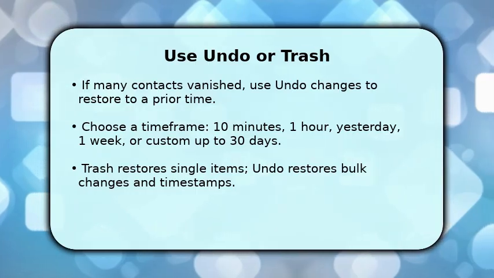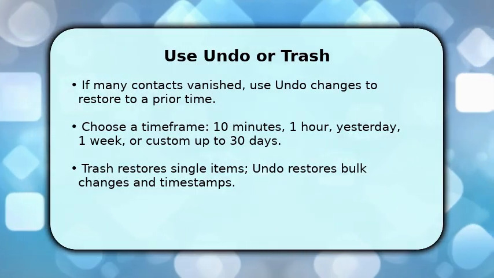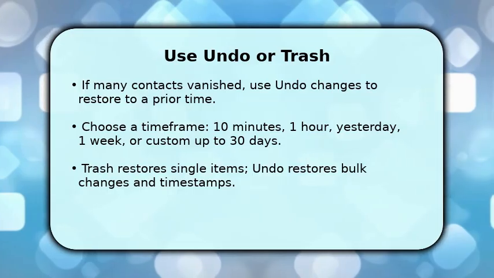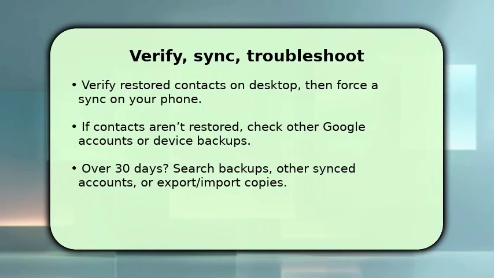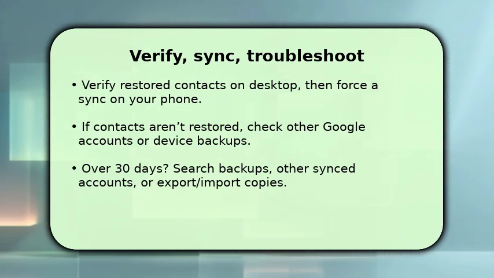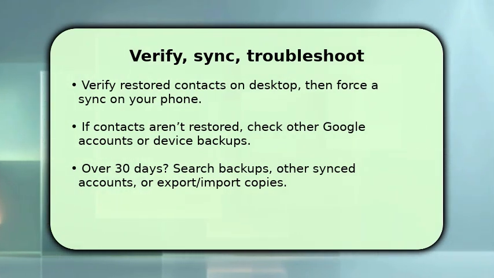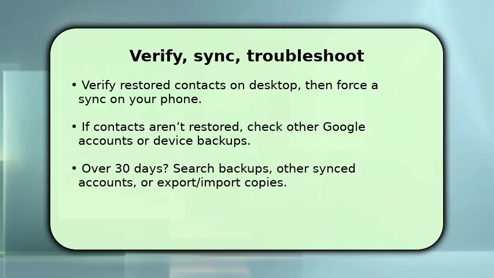After undoing, review your list to confirm names, emails, and merged duplicates look correct. After restoration, verify entries on desktop first, then force a sync on your phone by opening contacts or account sync settings so changes propagate. If some numbers or labels are missing, use the merge and fix tools to tidy duplicates